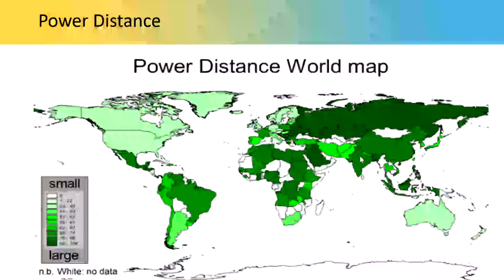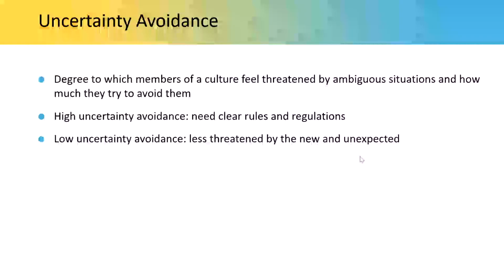Okay. The next one has to do with uncertainty avoidance, which is the degree to which we as members of society feel that an ambiguous situation, or a situation that's not definite, it's up in the air. Do we feel threatened by this situation? And because we feel threatened, do we try to avoid them? Now, this one, when I've talked to classes in the past, there's a lot of individual differences. There's a lot of people who feel very high uncertainty avoidance. There's people who suffer from anxiety. They need clear rules and regulations. A low uncertainty avoidance is like, whatever.